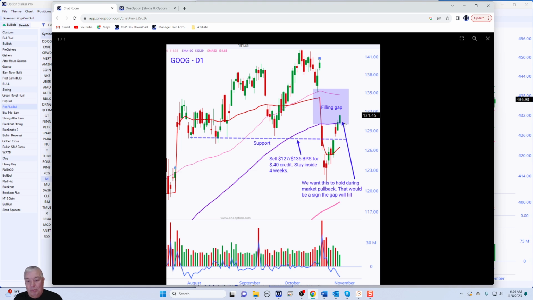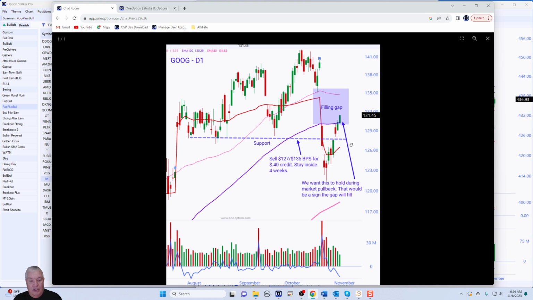But on a market pullback, could it come back and test that 100-day moving average? Sure. Could it break below that 100-day moving average a little bit? It depends on the nature of the market pullback. Sure, it could. So I want to distance myself and sell way down here where I've got horizontal support with